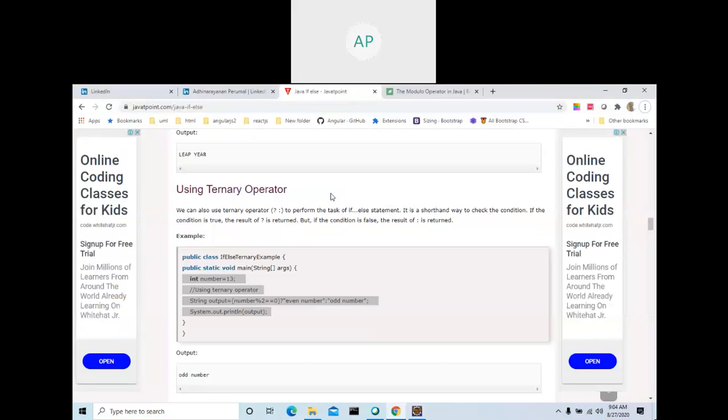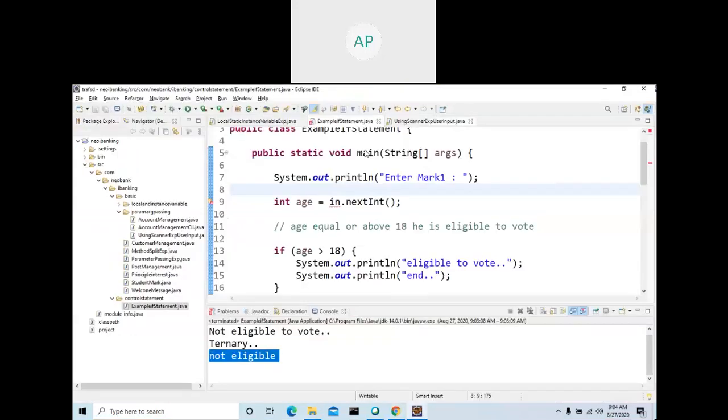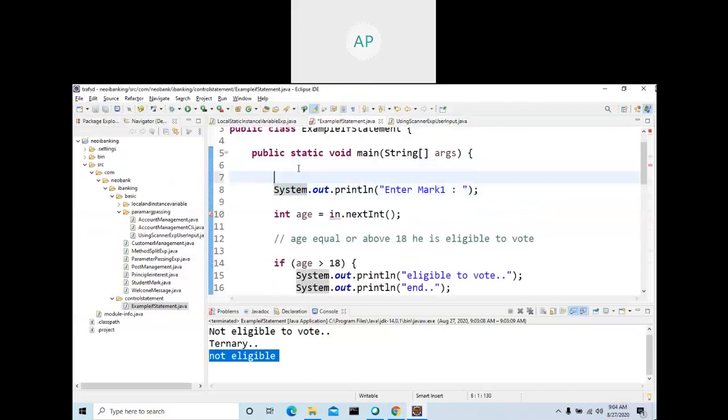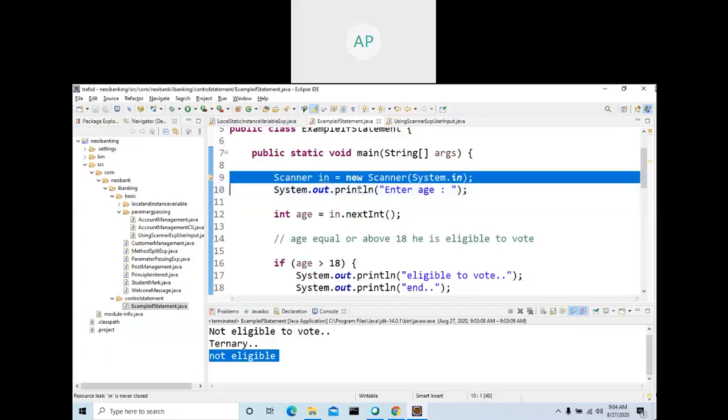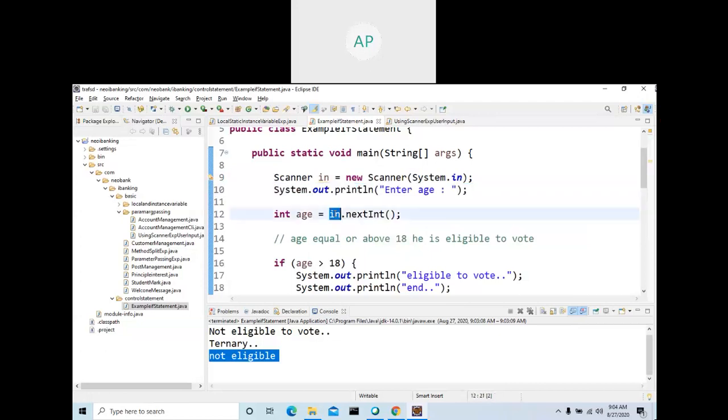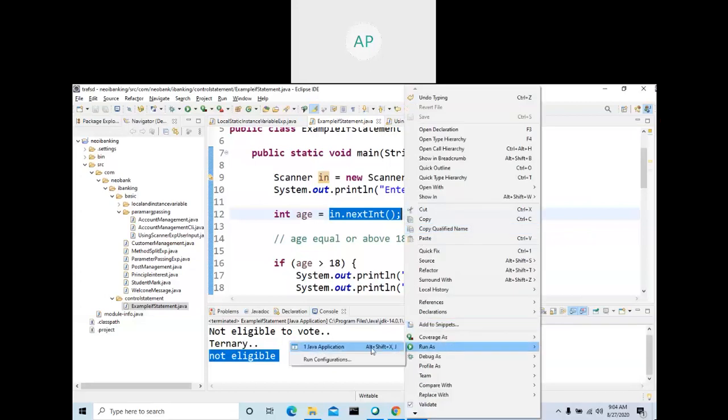Now, well, there is an error here. What is the error here? The Scanner object is missing. Okay. Enter age. So if it is enter age, here it creates an object. Then it will print enter age. Then your control comes here. When this is executed, it will wait for age to be entered by you, and based on that, it is going to work. So let me run this one.